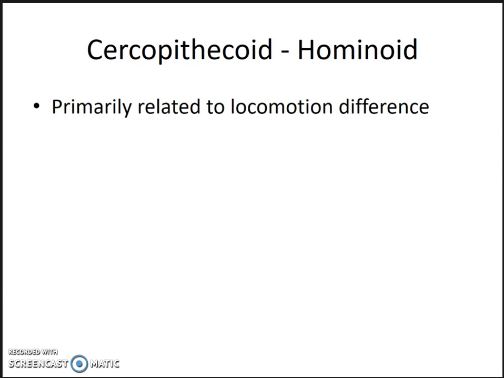Then we have our division between Cercopithecoid, which are the Old World monkeys, versus Hominoid. And the major differences here have to do with the difference in locomotion pattern. The Cercopithecoids are quadrupeds, some semi-brachiation, but mainly quadrupeds, whereas the hominoids are suspensory. And so we're going to see some differences primarily in shapes of the body and limbs having to do with